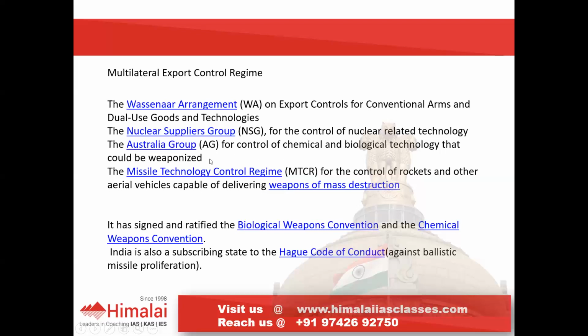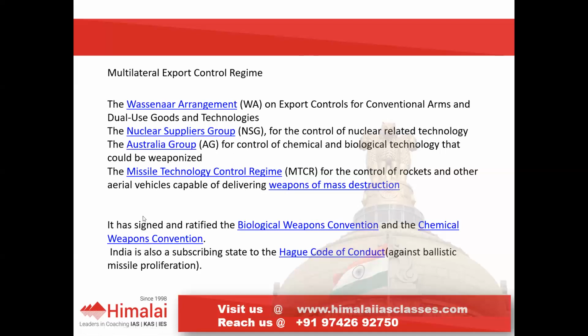For example, if we take the BrahMos cruise missile, India was keeping the range to 290 kilometers, because India was not party to MTCR. As India is now party to MTCR, it need not restrict the range below 300 kilometers. It can fix the range above 300 kilometers also. So India is now going for a 400 to 600 kilometer range for the BrahMos cruise missile. Here, India is a member of the Wassenaar Arrangement, the Australia Group as well as MTCR, but India is not a member of the NSG.